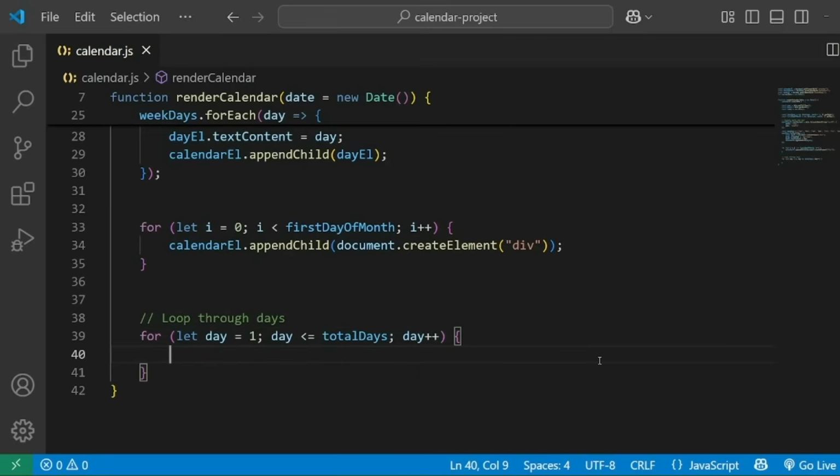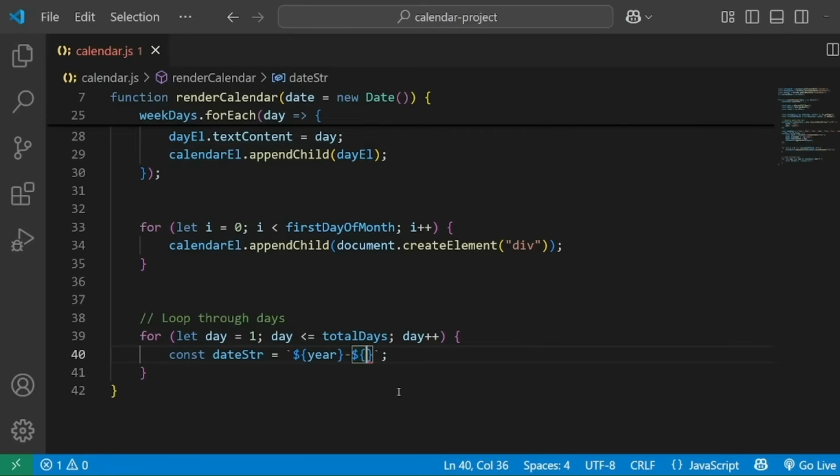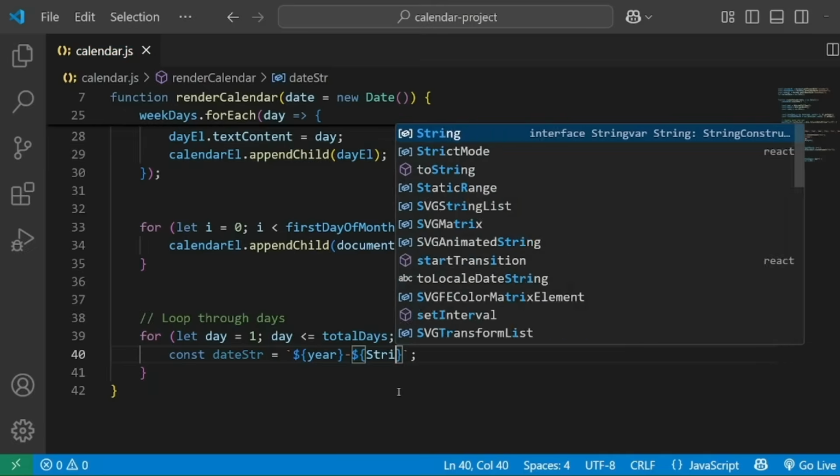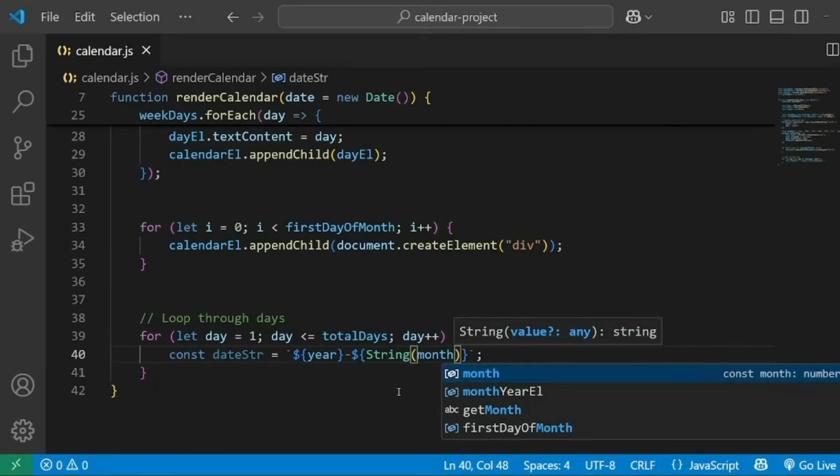For each day we will create a constant called dateString equals a backtick, which is this new way of writing strings in JavaScript, and then put ${year} minus ${, and then we will pass in here the String class, capital S, and then pass in here month plus 1,